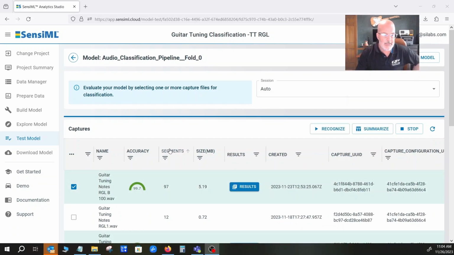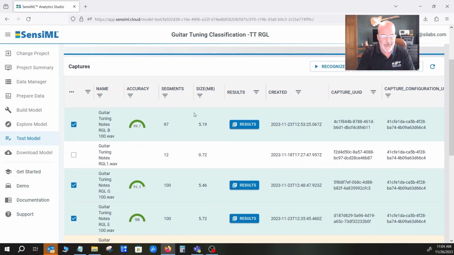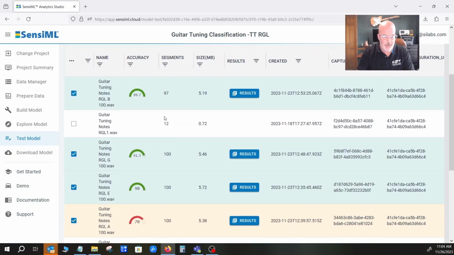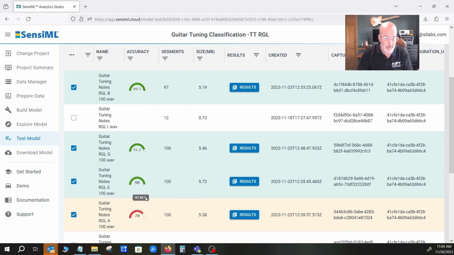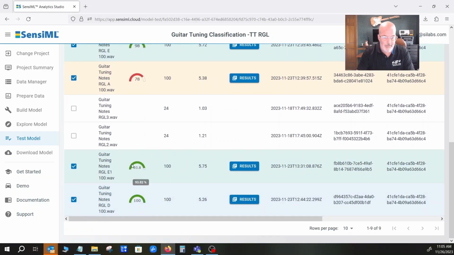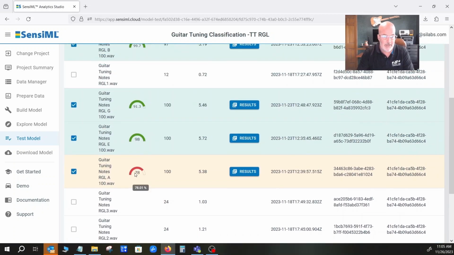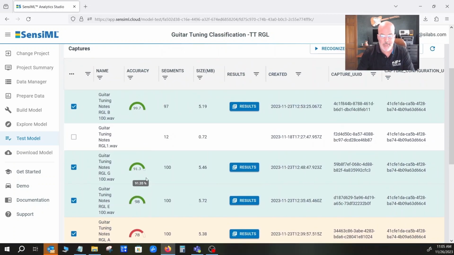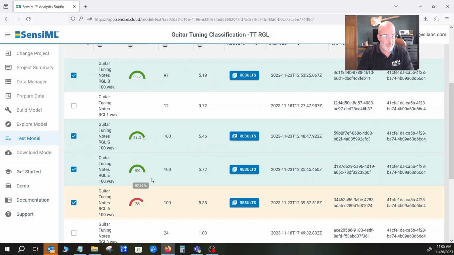The model test appears to be complete, and it looks like we did pretty good. Everything's pretty much in the 90s, some high 90s. So the B string's at 99.7. Looks like the A string's a little low, 78%. Everything other than that's 90% and above. So I am going to use that model and do the next step where I download the knowledge pack